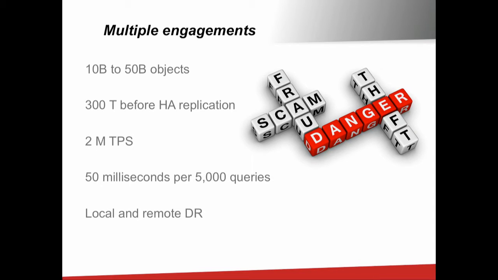So let's talk for a second about the kind of scale you can achieve with these next generation NoSQL systems. This is the rough profile that I have seen within the fraud detection, immediate fraud detection and intervention systems within the customers we're currently talking to and deployed to. Roughly, there are 10 to 50 billion objects. There's a rough size of about 300 terabytes of data online.